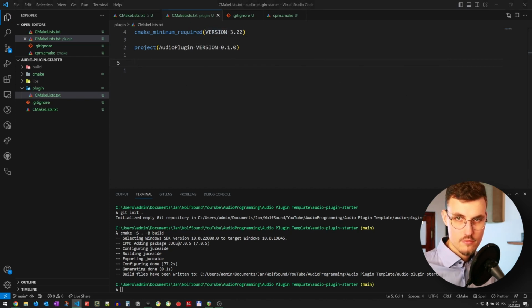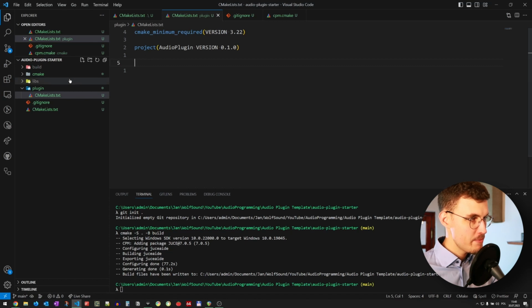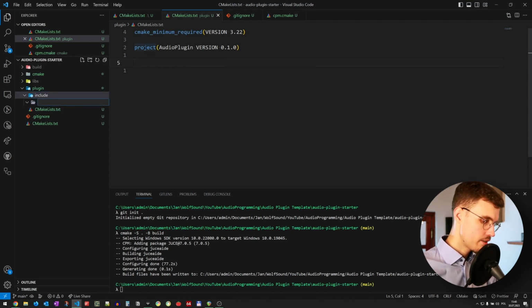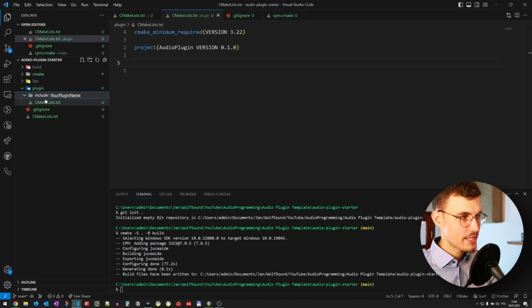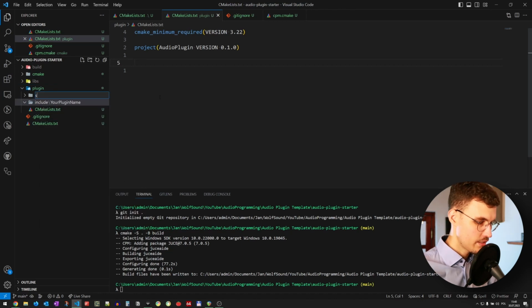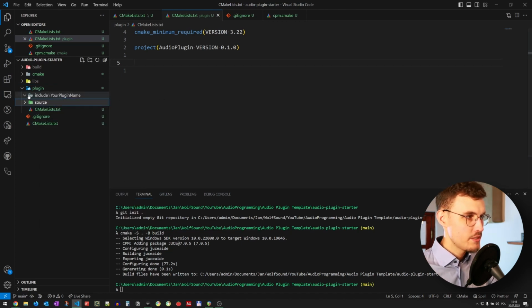So now we can go here and we can already start working with our plugin project. Maybe the thing to do here is to create the directory structure, so it will be easy to see what I would like to do. So here I'll write, let's say it's your plugin name, so the name of your plugin. That's how I like to structure the include directory, so the directory with the header files, so include and then followed by the name of the library or the application. And now here I want to create a folder with the source files,